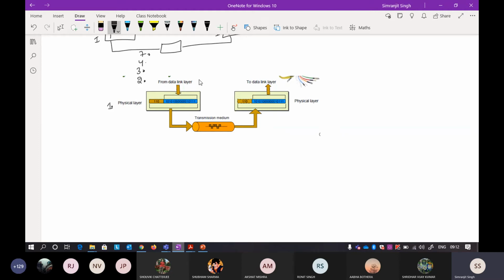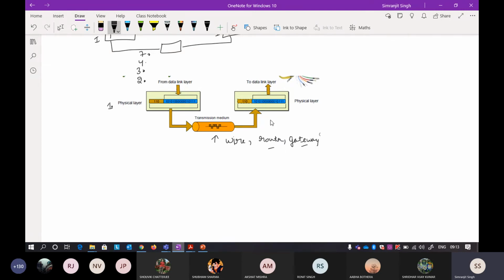It is saying that whatever you receive from the data link layer is transferred to the physical layer, and the physical layer just takes a transmission medium. What is the meaning of a transmission medium? A transmission medium is anything that you use to transfer your message. This can be a simple wire, a simple router, or a simple gateway. If you do not understand this, what is a router, what is a gateway?